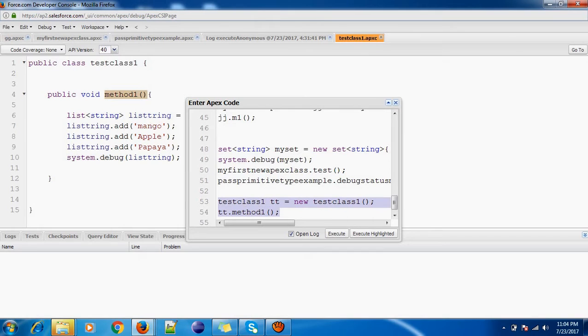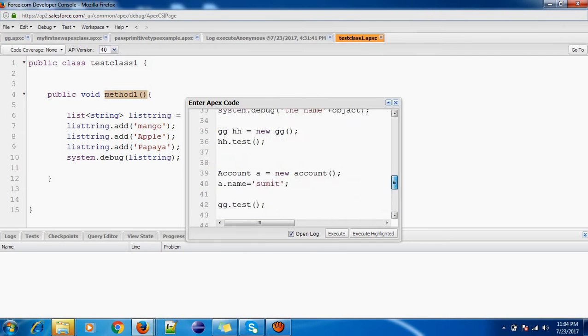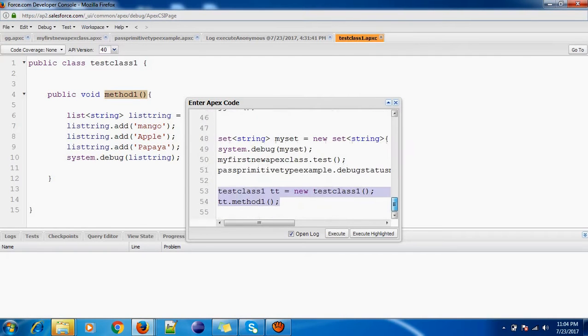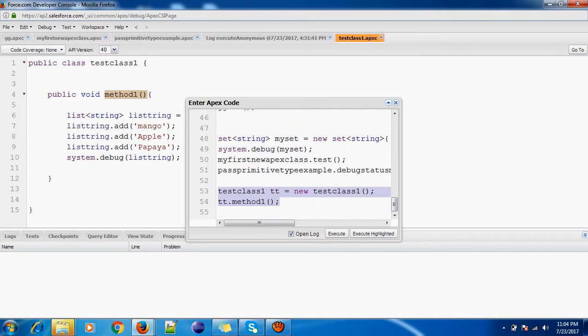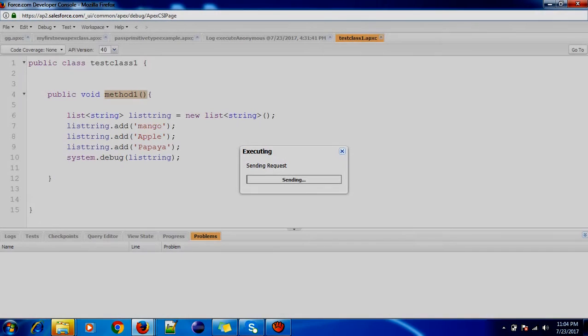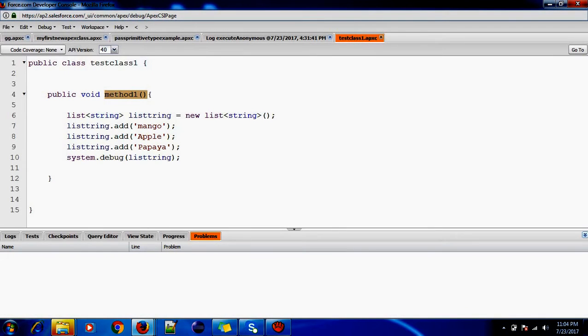how to call, because I have many things here, so it will be difficult. I don't want to delete these things, so that's why I am selecting this and clicking on execute highlighted. Okay, what's happening? It's not appearing.